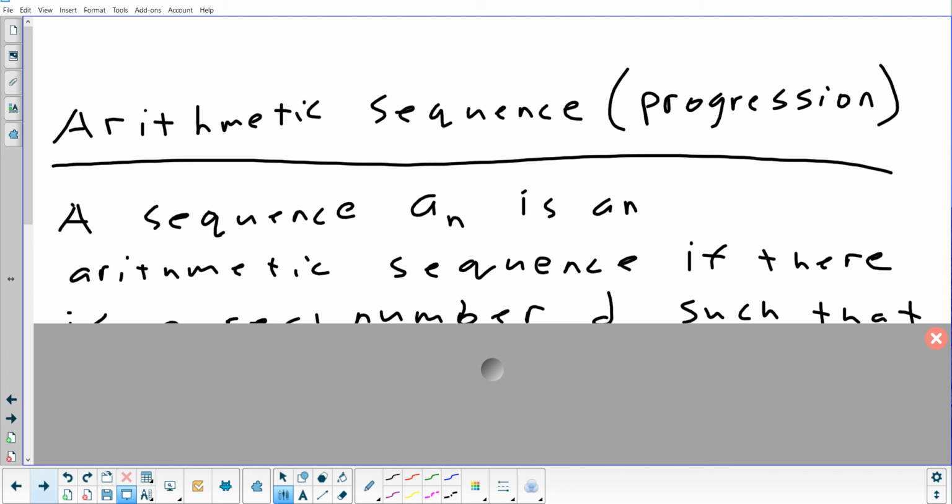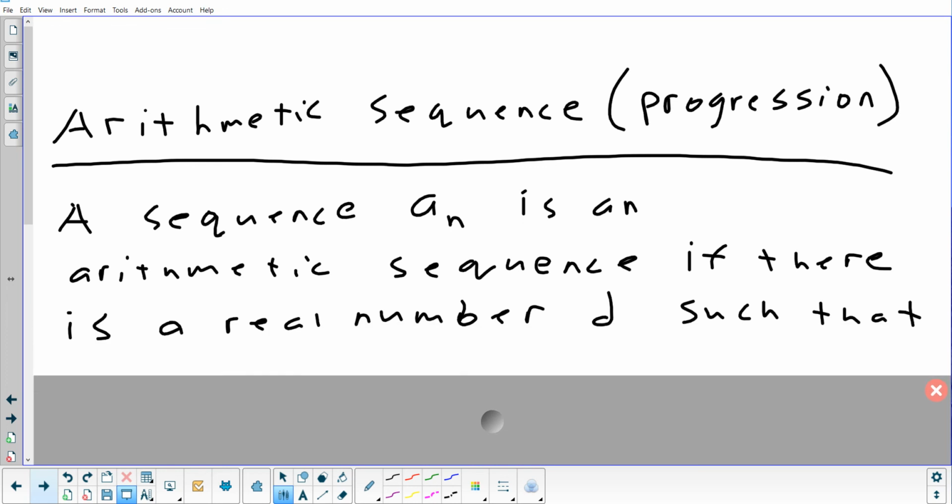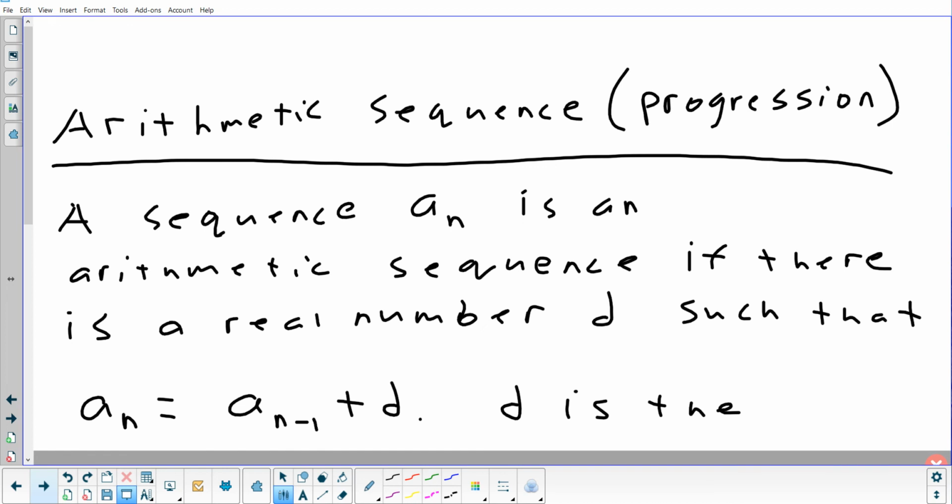Now, the pattern in the formula is usually one of two things. You're either adding a number repeatedly to get to the next one, or you're multiplying by a number repeatedly. In the Fibonacci sequence, that's a little different. The basic ones we're going to talk about are when you add a number over and over, which is called an arithmetic sequence, or when you multiply by a number over and over. That's going to be called a geometric sequence.